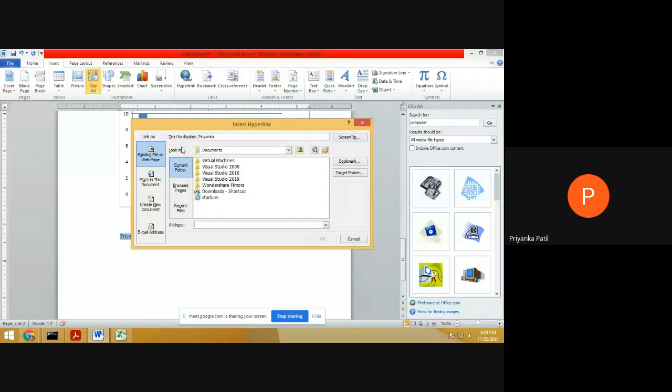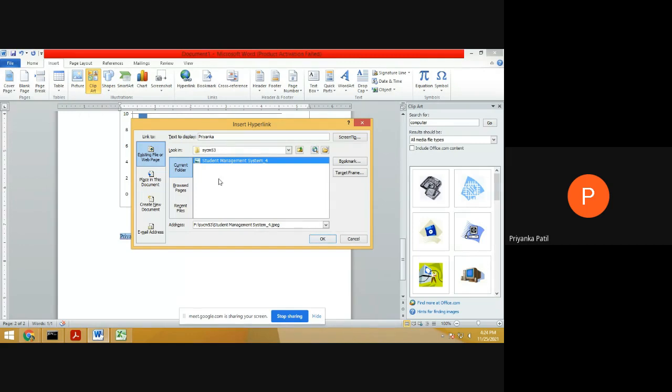If you want to display particular information, for example, here we can select any document, for example this C file, or this image of a student management system.